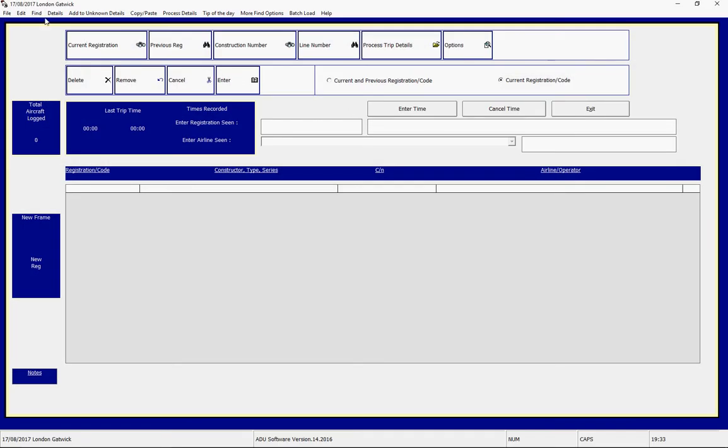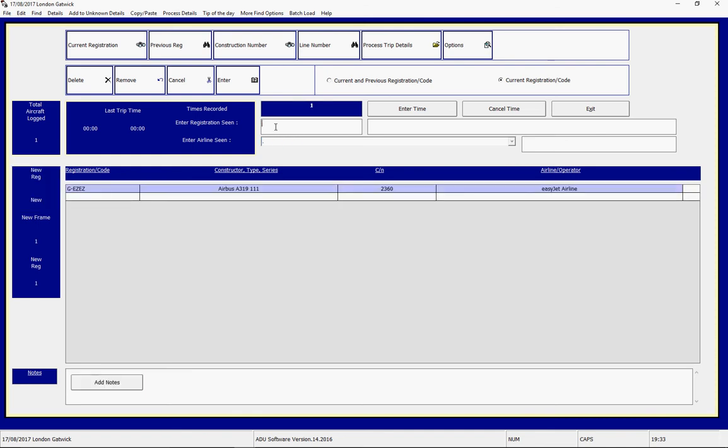the log program, and as you can see, left hand side top gives you an indication of where you are logging and the date. Cursor's flashing in the text box, enter scene registration, G-EZEZ, enter, drops it into the holding table,